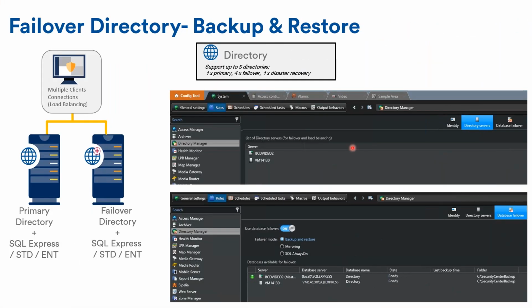Now, moving on from that, I'd like to briefly touch on the failover information that we were discussing previously. So for failover directory, we have a primary directory, and then you can have a failover directory to go with it. Its functions and capabilities, once you have a failover directory set up, are reasonably straightforward. In your Security Center config tool, you would go into the database failover option and check the option for failover directory,